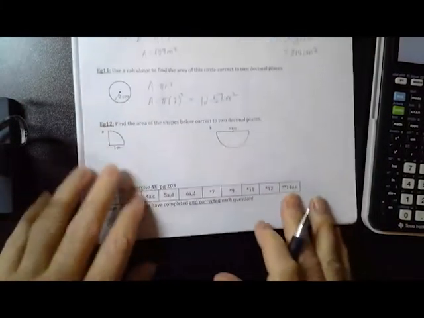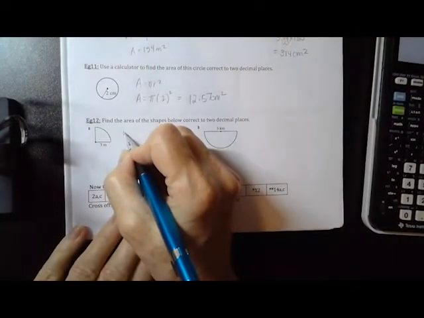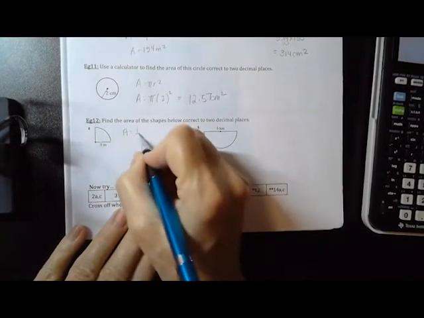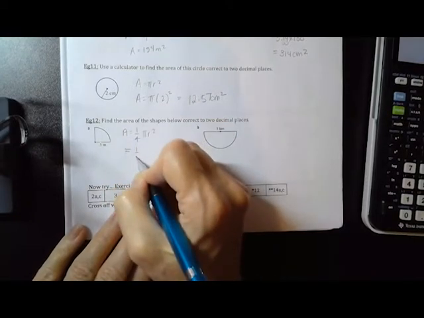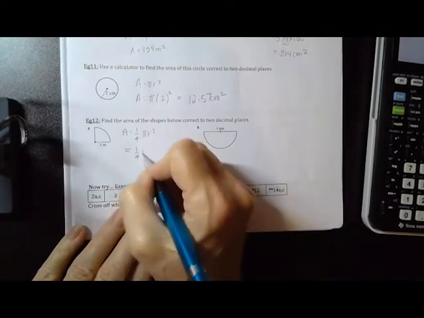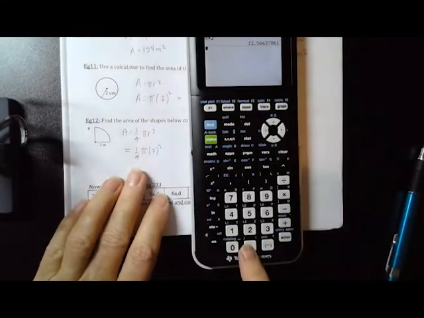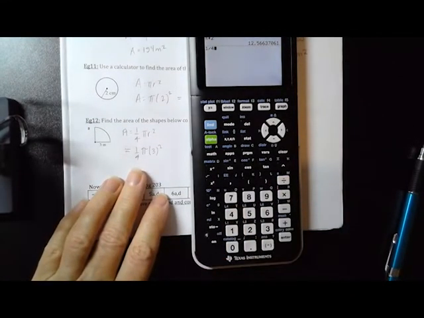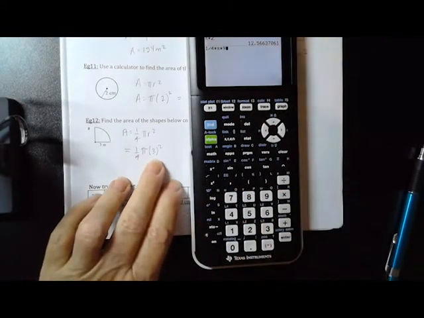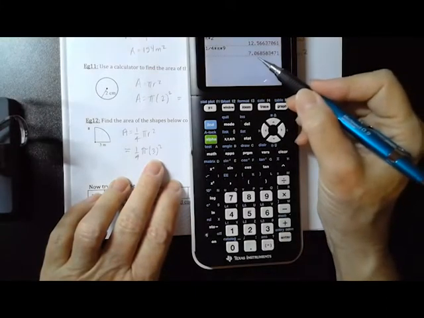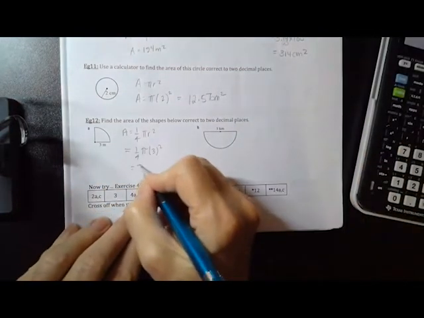centimeters squared. And then my very last one here, I have the 2 interesting ones. So I do area equals, that's a quarter of a circle, so 1/4 times pi r squared. So that equals 1/4 times pi in my calculator times 3 squared. So I'm going to grab my calculator again. I know it's a little bit different than yours. And then I'm going to go 1 divided by 4. You can do that. Times pi, you have a pi key, times 3 squared. I'm going to write 9 because I know it's 9. And I get 7.068, so I'm going to put 7.07 because that 8 makes the 6 go up, so 7.07